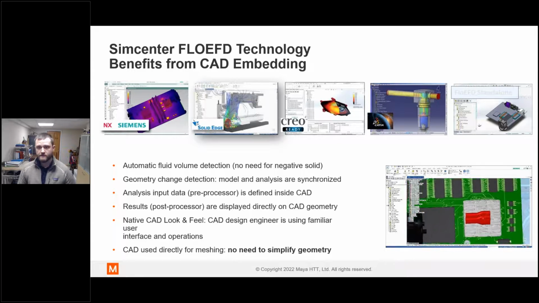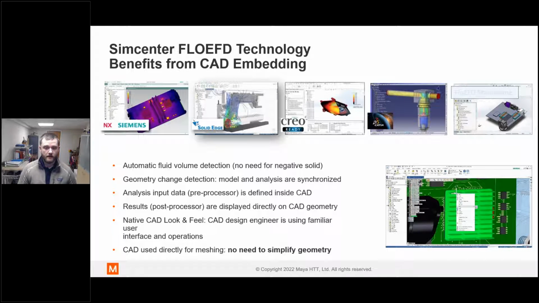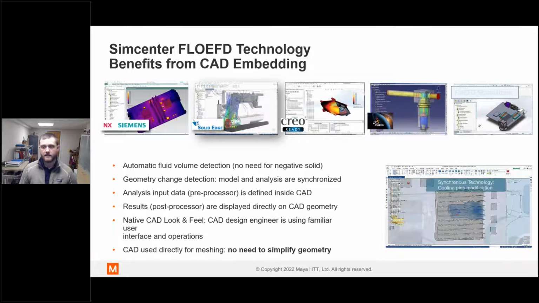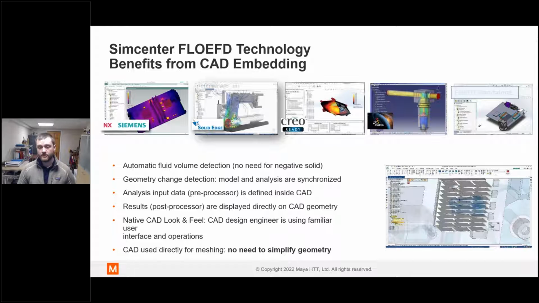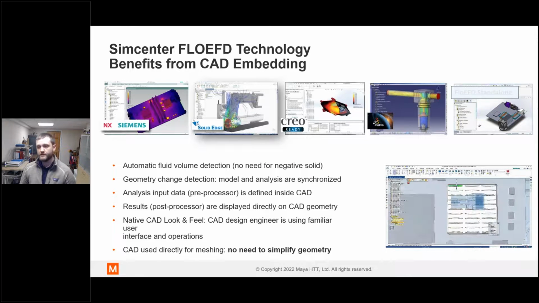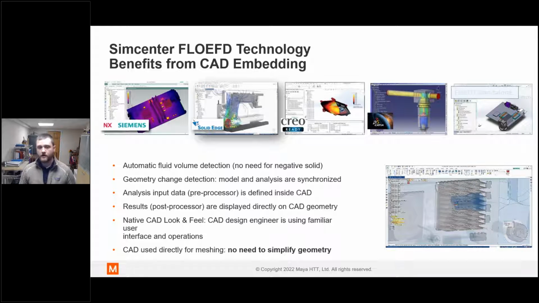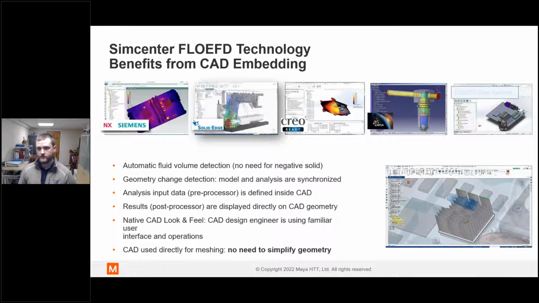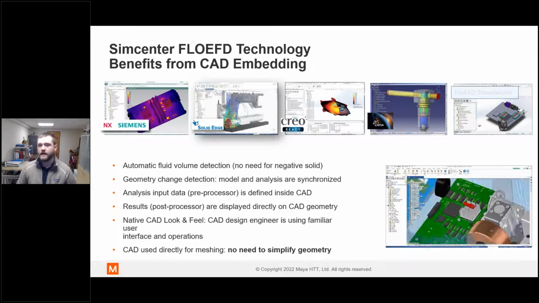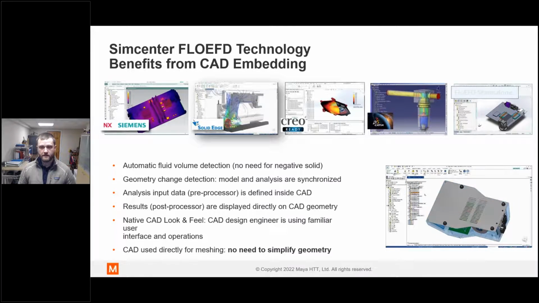So first things first, the pre and post processing of the simulation is completely done within the same CAD environment that you're used to. Beyond that, there's also a direct link to the geometry that you're working with to the simulation. This facilitates changes as well as optimization, and we'll look a little bit at optimization at the end of our demo. Also, results are shown in context of the CAD models. You're not looking at some obscure plot or something like that. It's all very intuitive and shown on the CAD geometry. And as I mentioned earlier, it's a native familiar CAD interface. It's something that you're used to.